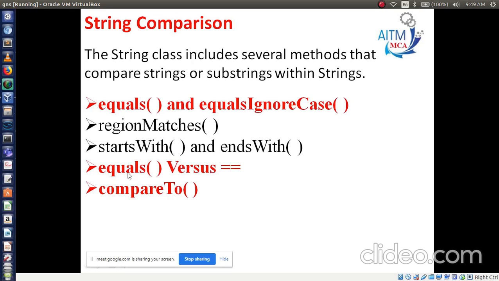Here equals is the word we are using, but here we are using an operator, isn't it? Equal, it is an operator, right? Yes or no? Now the last one is compare to. It's a keyword, compare to method. Okay, let's see one by one, and these all are very interesting. You are not going to feel bored, it is very interesting.